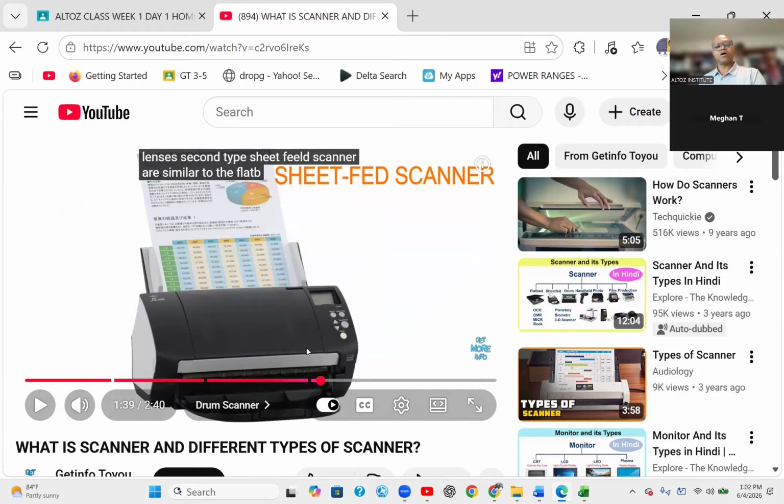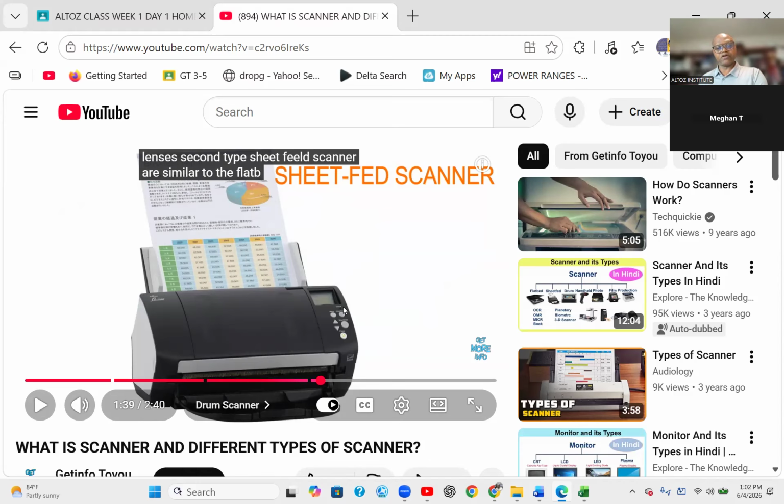going through the scanner. Yeah, the scanner. So that's why they call it sheet feed scanner, because it works that way. Put the papers through the scanner. Yes, and then it goes through. If I press